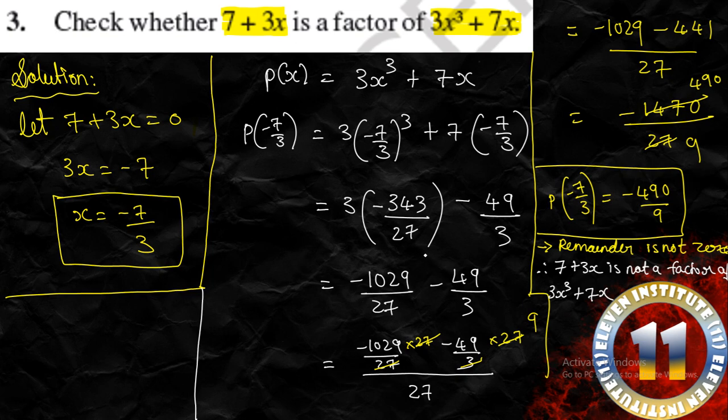Not the easiest but the conventional one, where you do not have to think much and calculate normally. But if you are smart enough you can already take 7 upon 3 common from here and then you can do simple calculation also, but again the steps will be almost the same. Right, what we want is the remainder is not zero, hence this is not a factor. Fine, so this is the portion of remainder theorem and what we have done for now is a part of factor theorem also.